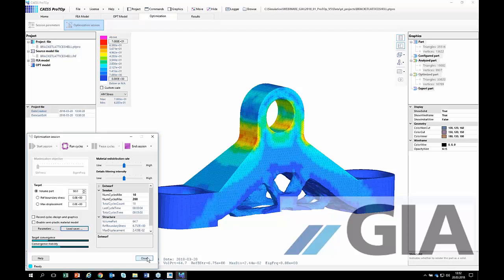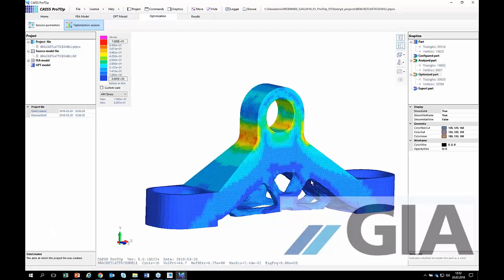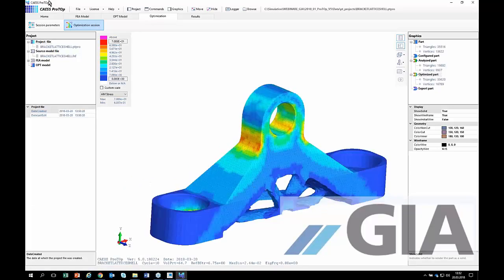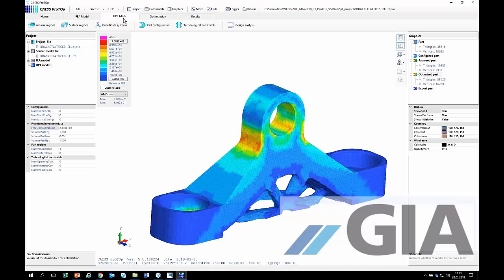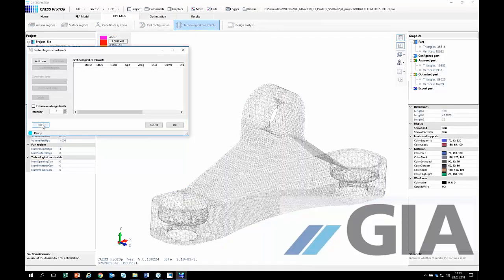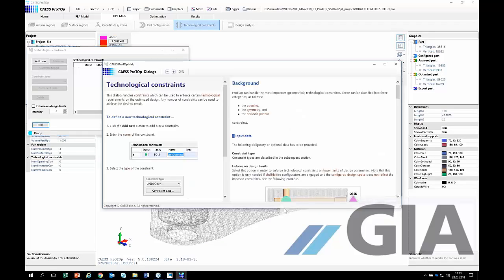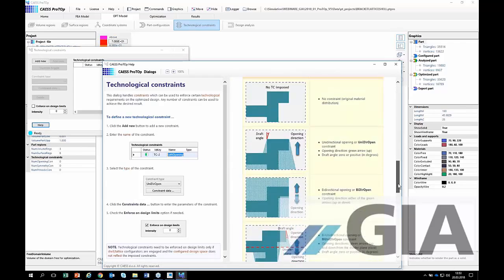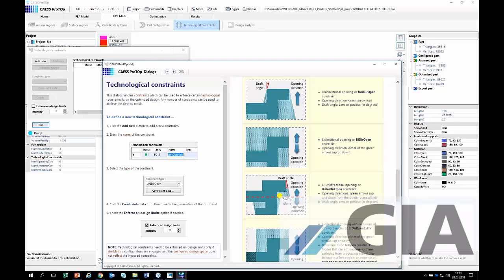Okay, and I want to bring in, let's say, some additional information on how this component is produced. We call it here under the Opt Model tab, technological constraint. So if I'm going here for technological constraint, I can ask my help documentation, what's that technological constraint? Here I'm getting all the information mentioned with it, and I will, let's say, bring in some technological constraint where I'm going to say, okay, I want to have